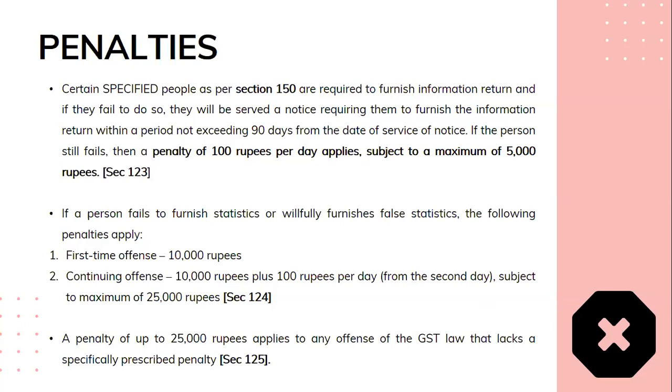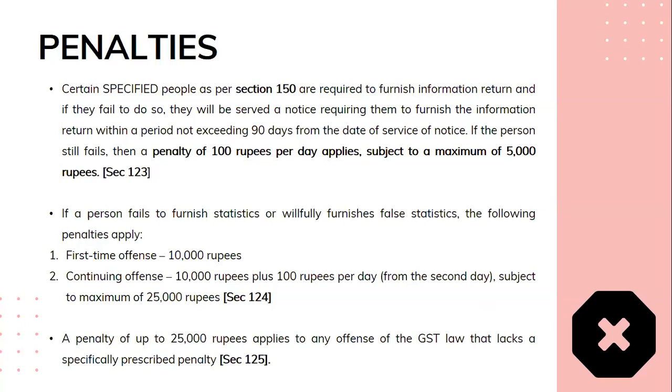Then, according to section 124, if a person fails to furnish statistics or willfully furnishes false statistics, the following penalties may apply. First, if this is the first time offense, then the penalty of rupees 10,000. If this is a continuing offense, then rupees 10,000 plus 100 rupees per day from the second day, subject to maximum of rupees 25,000. Then a penalty of rupees 25,000 applies to any offense of the GST law that lacks a specifically prescribed penalty. So basically, this is a general provision, and this applies to offenses which do not have a specific penalty prescribed, and it cannot be left off without any